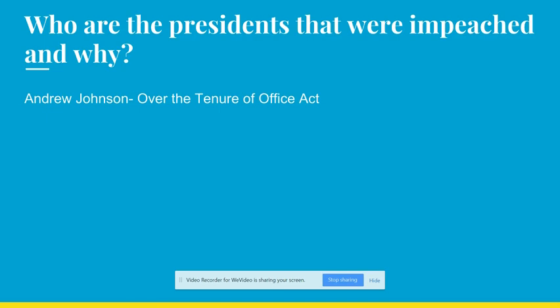He kept his job. Clinton was also impeached for lying under oath and obstruction of justice. I do not want to get into those details, so I'm going to leave it at that. He was acquitted too. He kept his job for 2 terms. So now you know how impeachments happen, which presidents were impeached, and why.